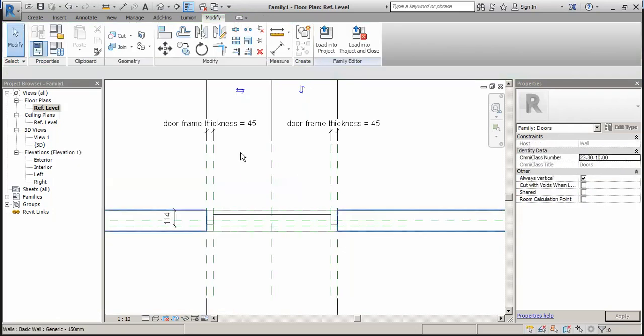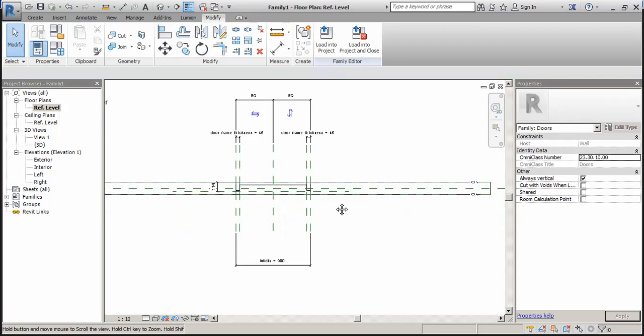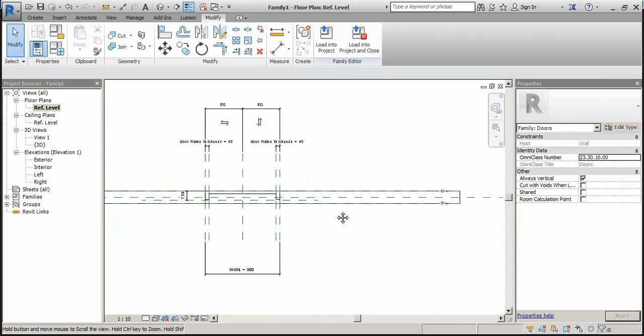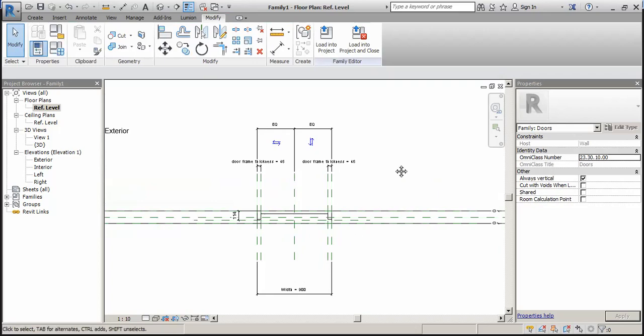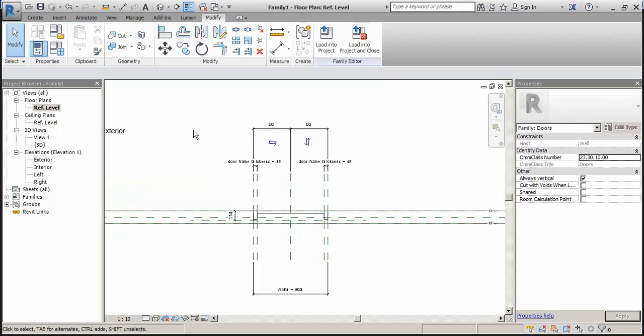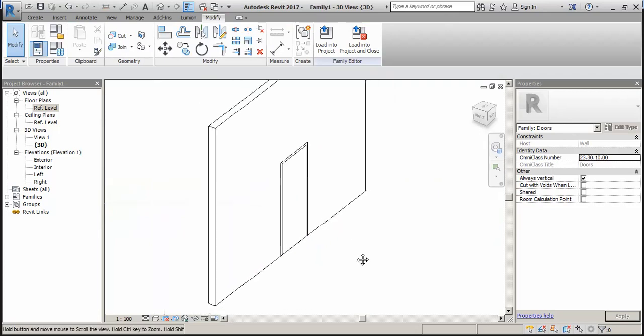Okay, so you can see that the change has been done here also. So we actually created the family, door frame and shutter. This is our door frame and this is our shutter.